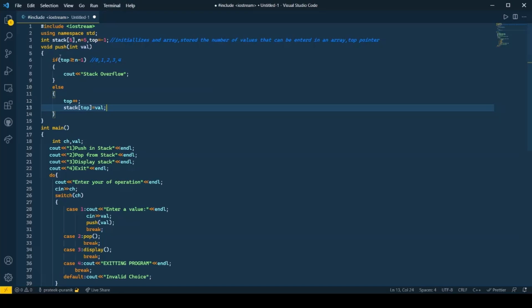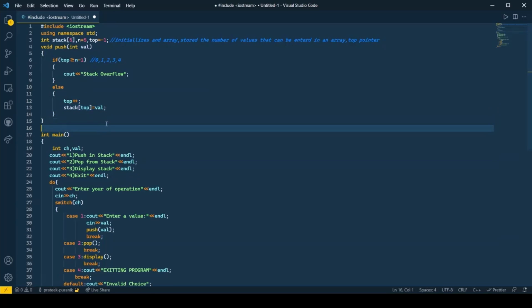We stored the val into the 0th index when we execute the push operation first. If we execute it again, the top would get incremented from 0 to 1, and we would put the next value onto the first position of the array. This is how the push operation is performed in a stack.